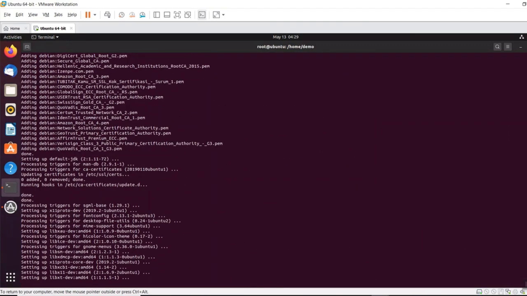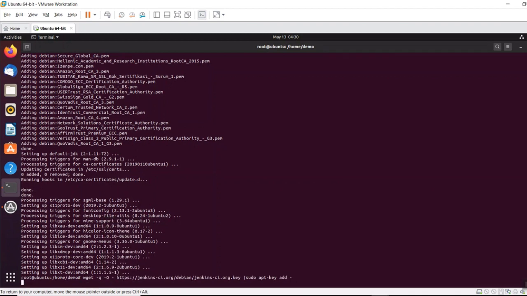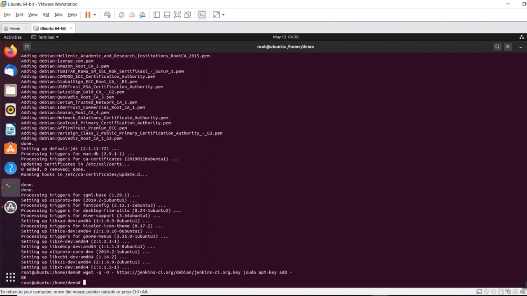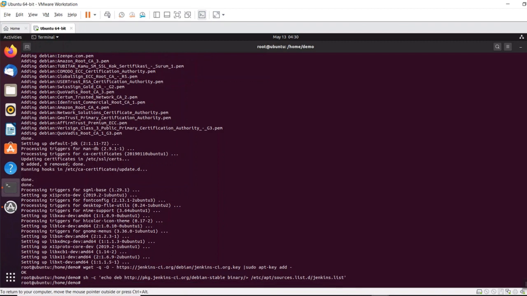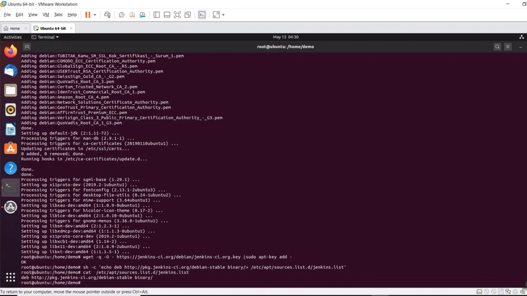So now packages have been installed, and then I have to add a key. For that, run this wget command, and then it says OK. Once you add a key, next I have to create a source list for Jenkins, that is by giving sh -c in this command. Just copy the command. Now to validate the source list for Jenkins, we have to use cat, nothing but concatenate. Cat allows us to create single or multiple files, so whatever output comes in the link will be redirected in here, I mean our terminal or files.